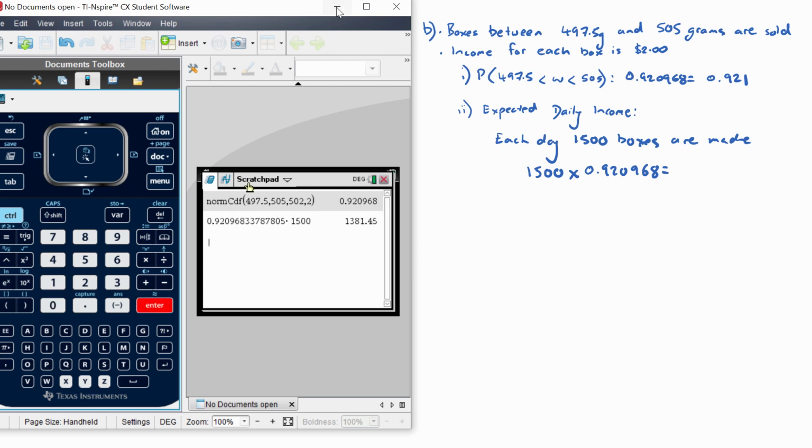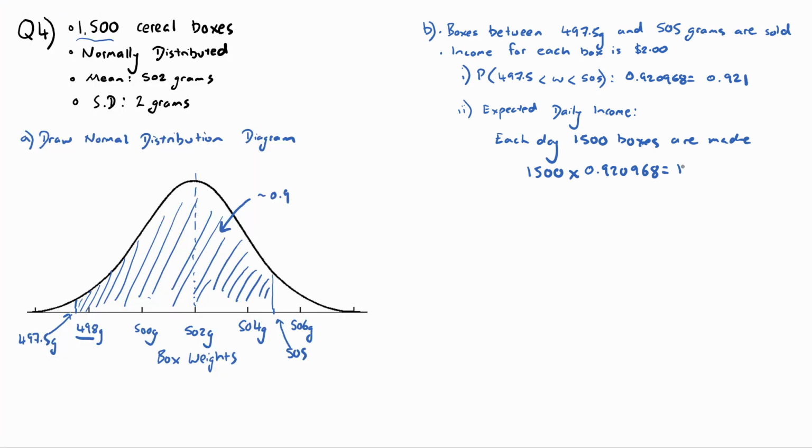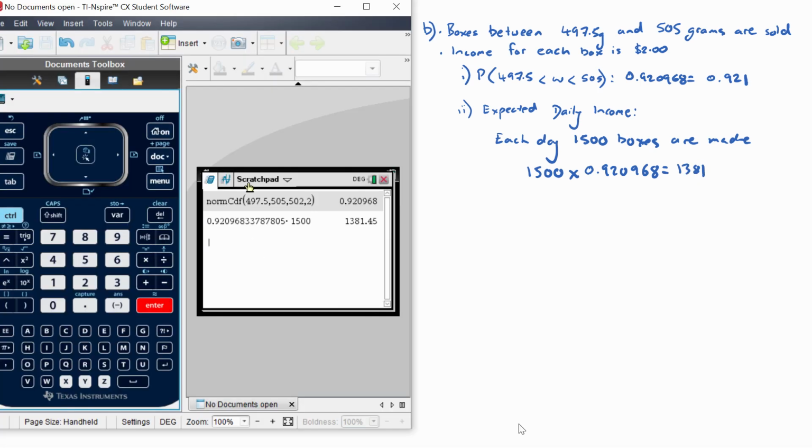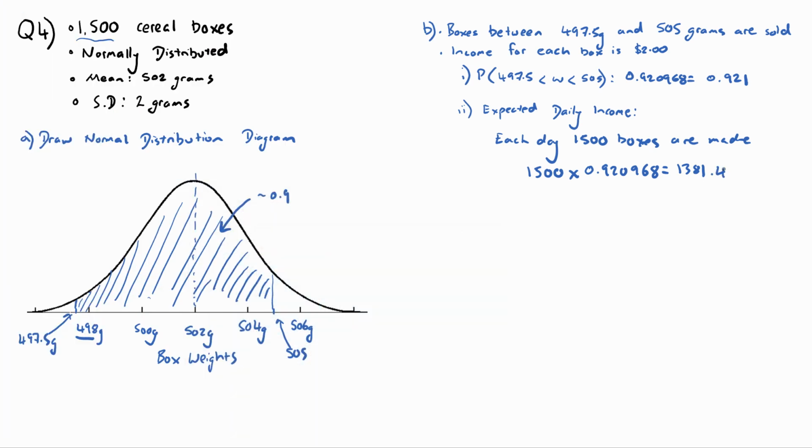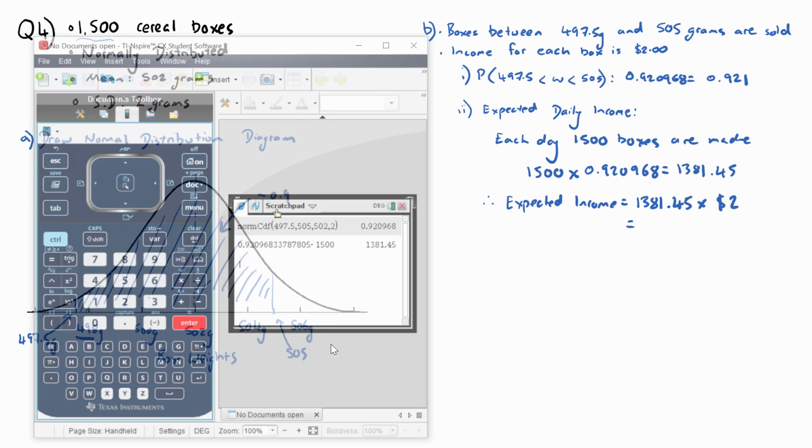So 1,381.45. So this is how many boxes out of the 1500 are expected to be between the weight range. Now we were also told that for each box sold, the manufacturer receives $2. So therefore, expected income will equal the number of boxes between the weight range multiplied by how much the manufacturer will get, and that equals, so multiply that by 2,